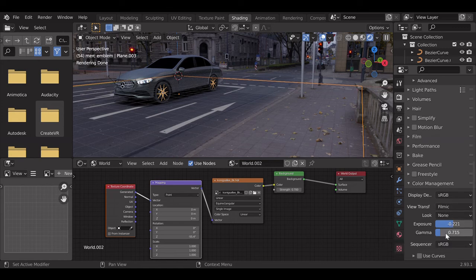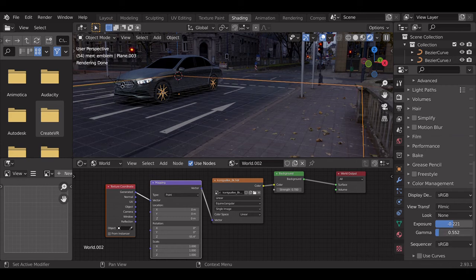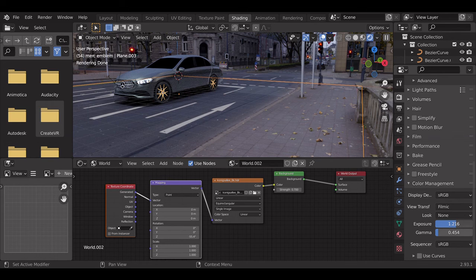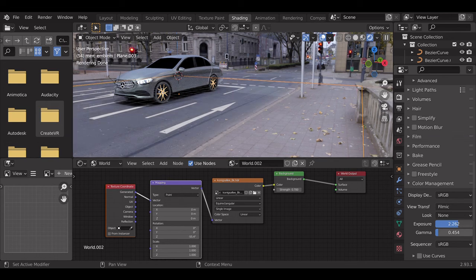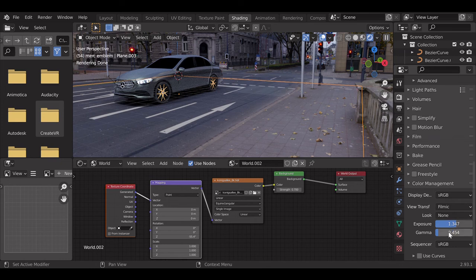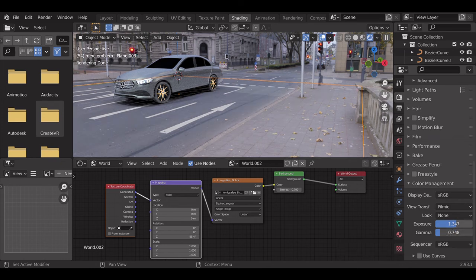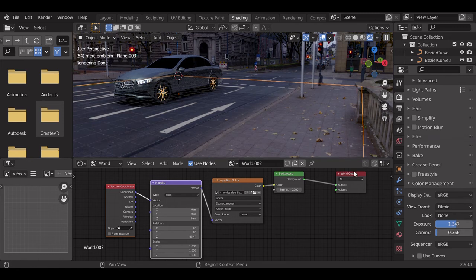Right now the gamma is already pretty low, but if I decrease that a bit more, you're going to see that everything starts to become a bit darker. The lights in the HDRI start to become a bit dimmer and the colors become a bit darker. And let me just increase the exposure. I'm not really an expert in all of this, but if you are and if you know what you're doing, you could play around with this till you get something you like. I just keep increasing and decreasing this till I find some color which I like. I find that the darker colors look pretty good, and usually what I've heard is you decrease the gamma and you increase the exposure, but you can do what you like.